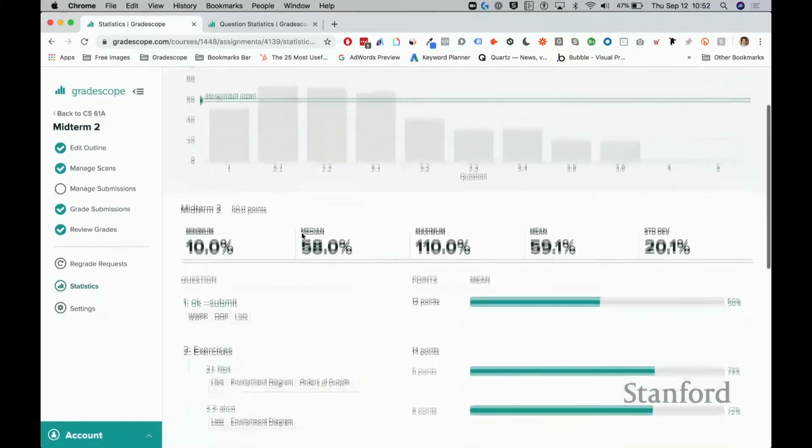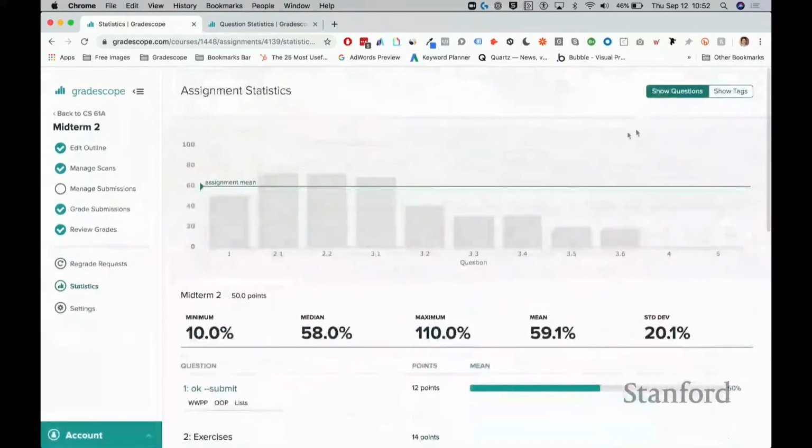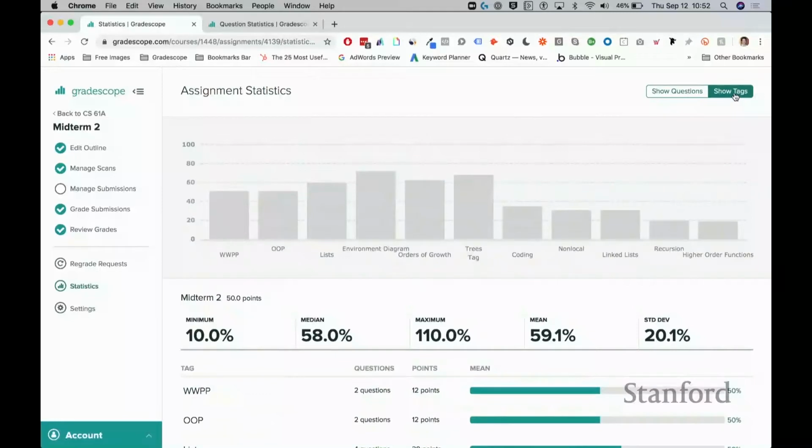In Gradescope, either before you even start grading or during or after, instructors can tag questions with learning objectives or concepts. And every tag you create will wait for you in a drop-down menu, so you can apply a single tag to multiple questions. Then when I change to the tag view, I can see per concept how